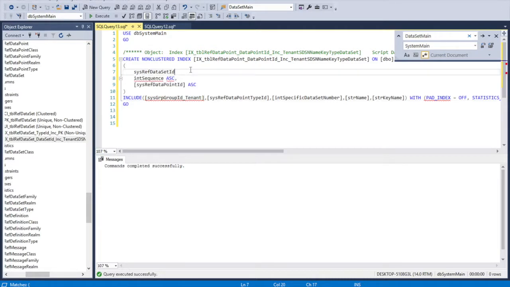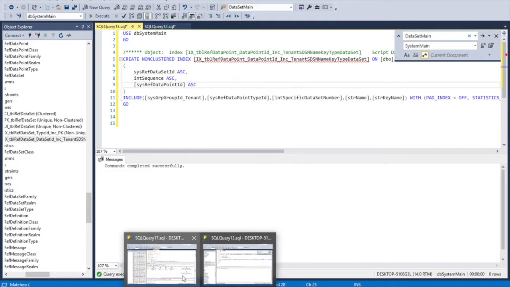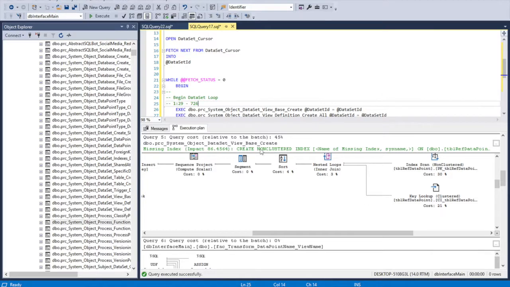So we get a nice one for each table, then our data points are sequenced, and then we have our data point ID. So that should give us a good representation of what's happening in our code, because I know it's a view